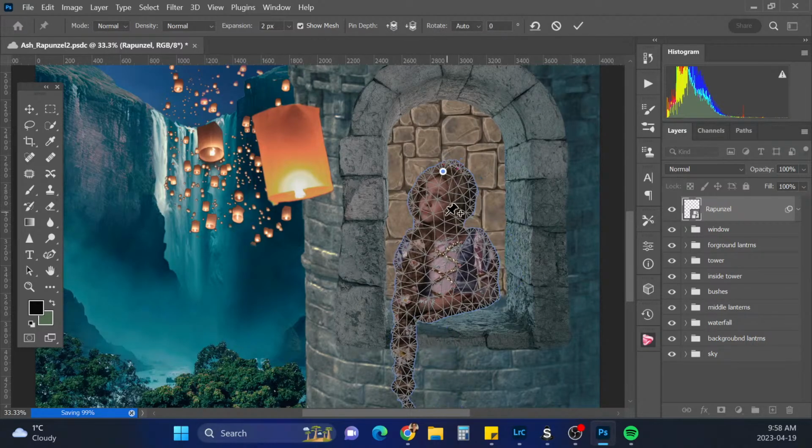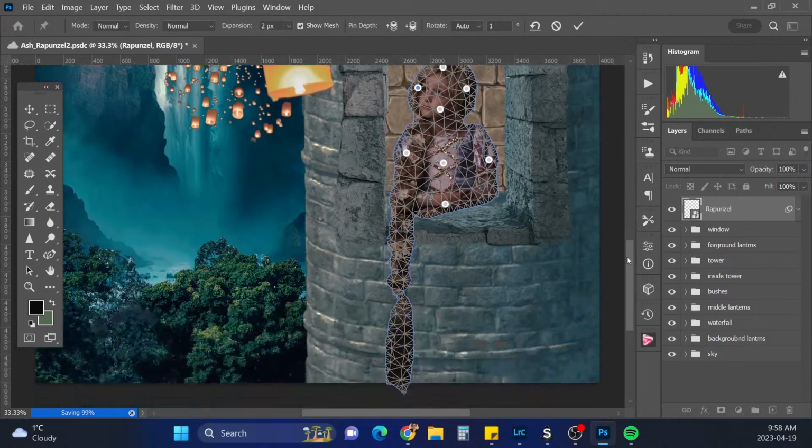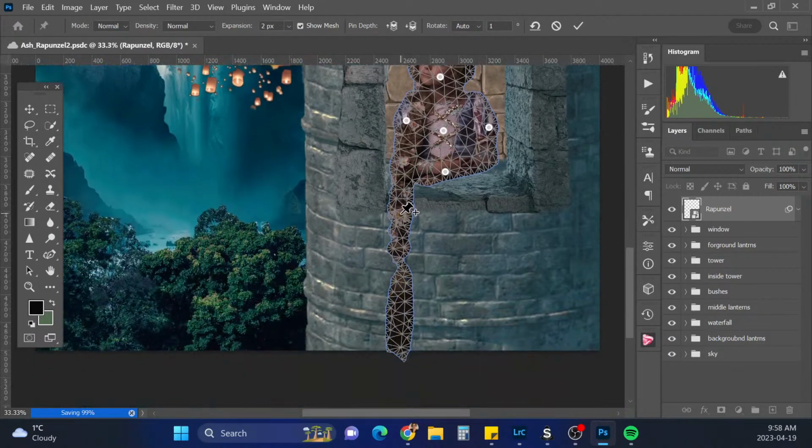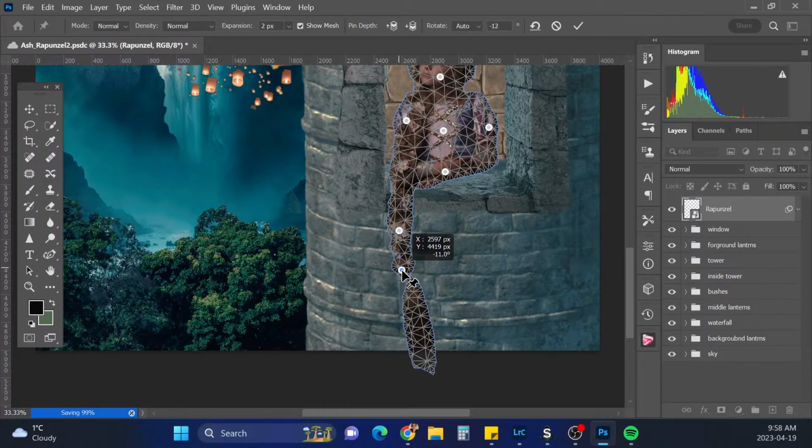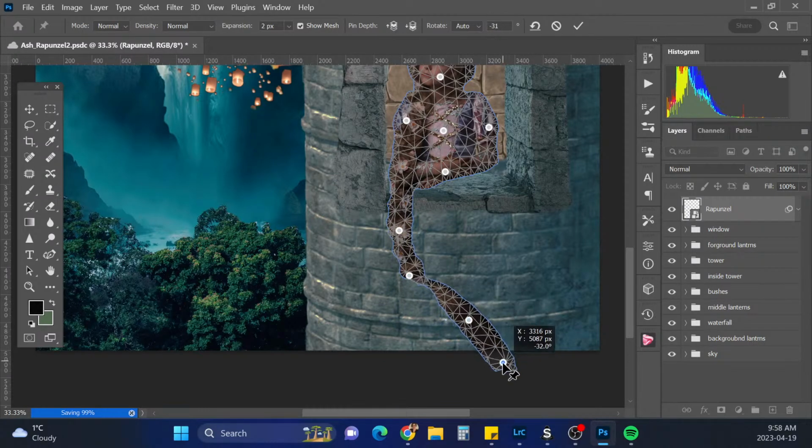A bunch of these just all straight down her. We don't want to move these arms. We don't want the rest of her head to move. We just want her hair to move. So I'm just going to pull it down a little, and then we will move it kind of like this. Kind of make it look like it's moving a bit in the wind.